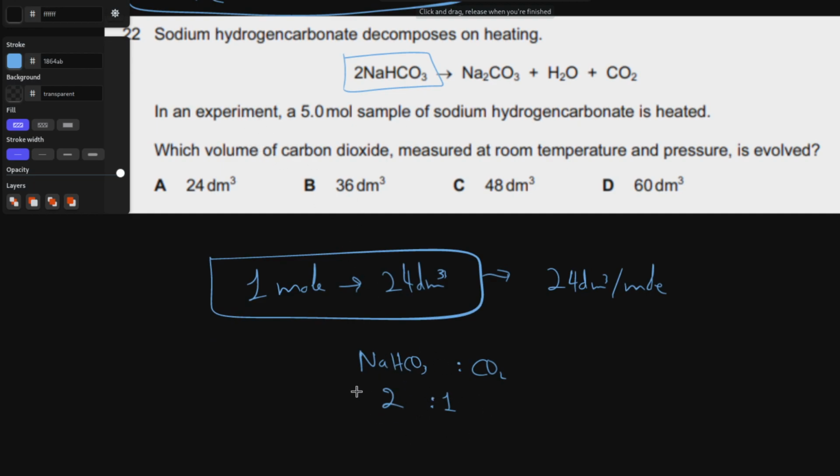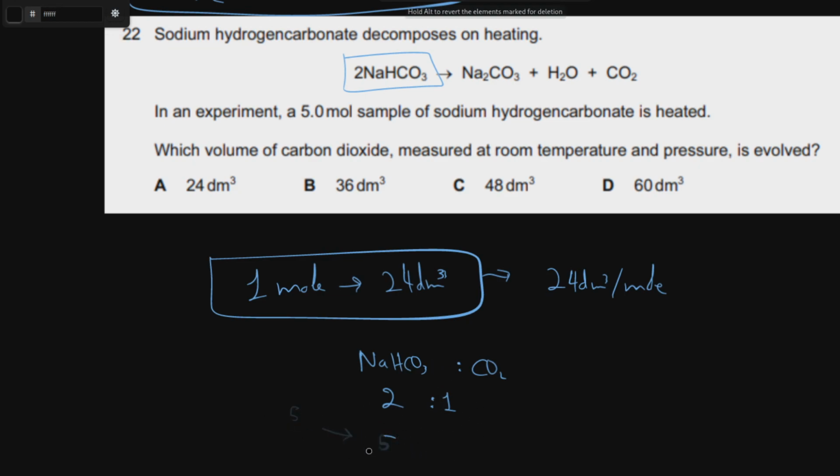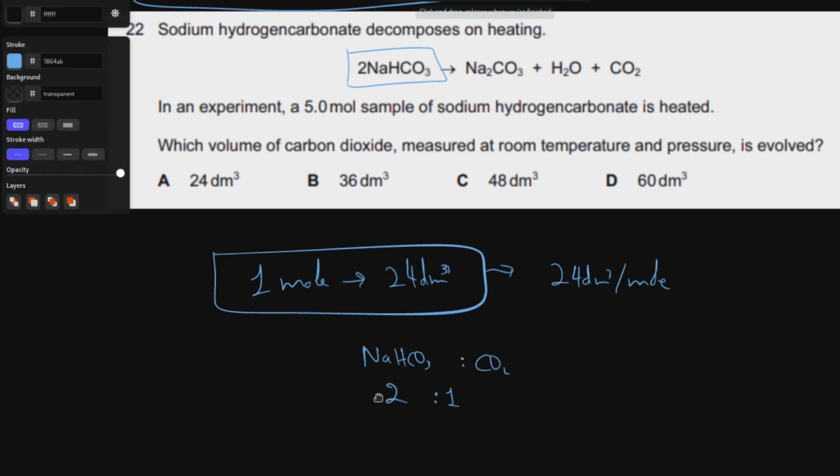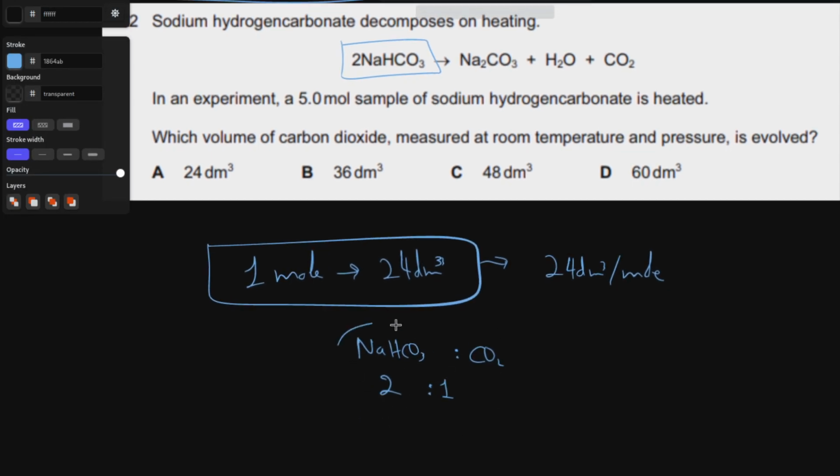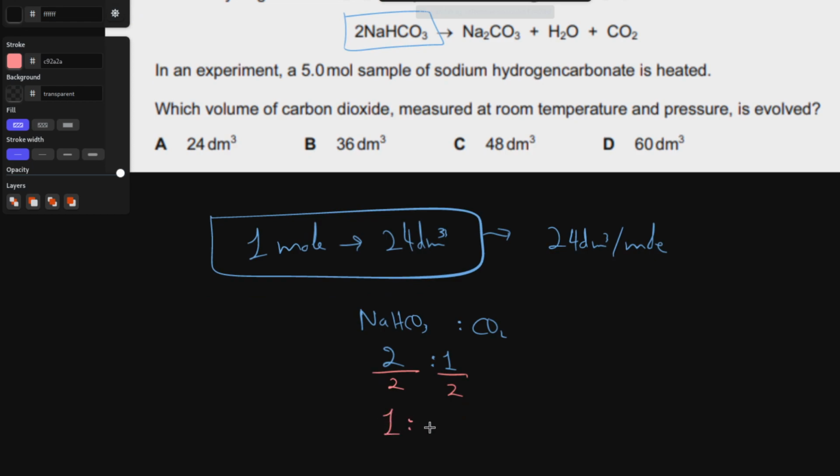Now we know that we are using 5 moles of sodium hydrogen carbonate. We need to put 5 here, but we also need to keep the ratio the same. So how do we do that? The best and easiest trick is to make the thing that we have into 1. How can we do that? By keeping a consistency. Let's divide both sides by the same number. Divide by 2 and divide by 2, we will get 1 is to ratio 1 upon 2,